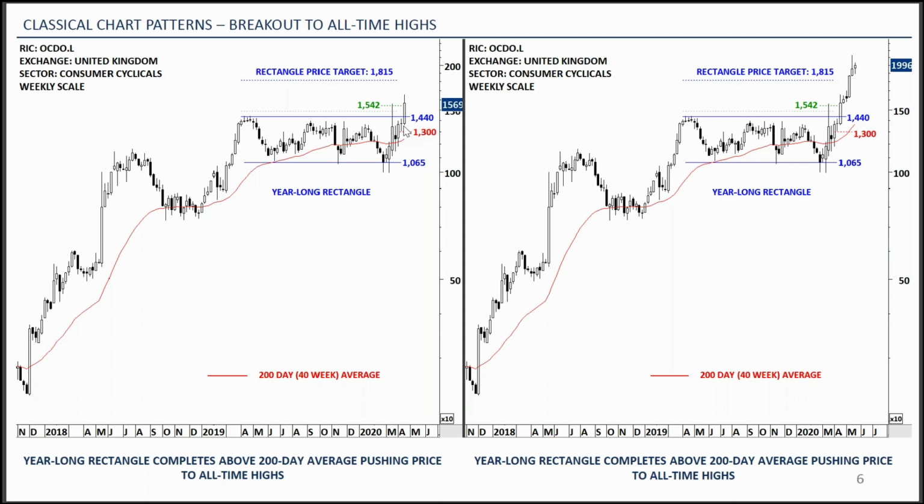So this was a recent breakout alert from the UK stock market. Year-long rectangle, a nice setup after several tests of the pattern boundary. The breakout takes place. This is a breakout to all-time highs. So what do we mean by breakout to all-time highs? This is a very difficult